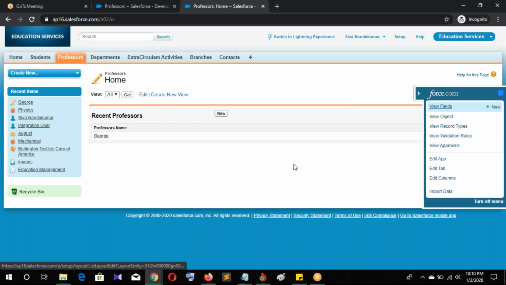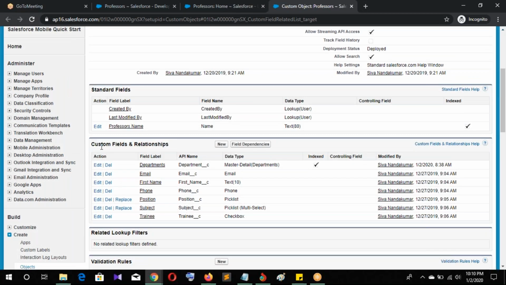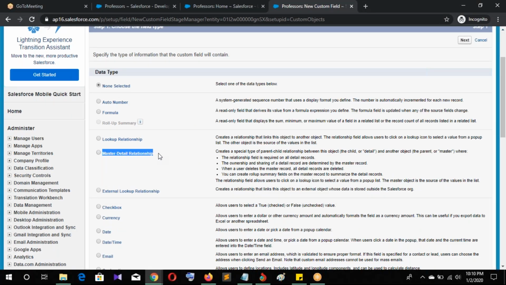I click on view fields, custom fields and relationships. Just click on new. Yeah, there is no master detail relationship. You check it and then click next. I did that. Okay, I'll give it a try again and see what's the deal. Clear? Clear.